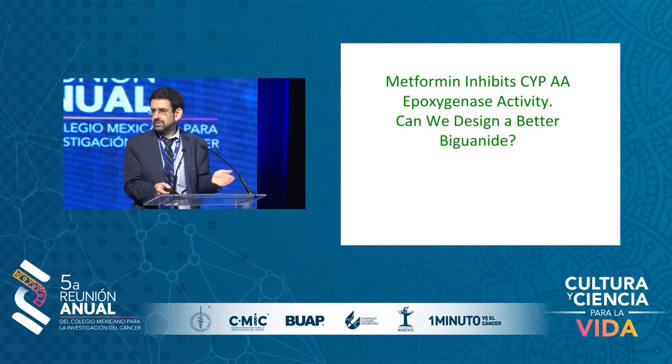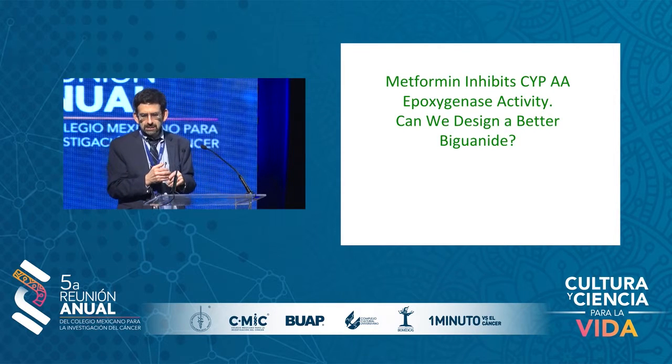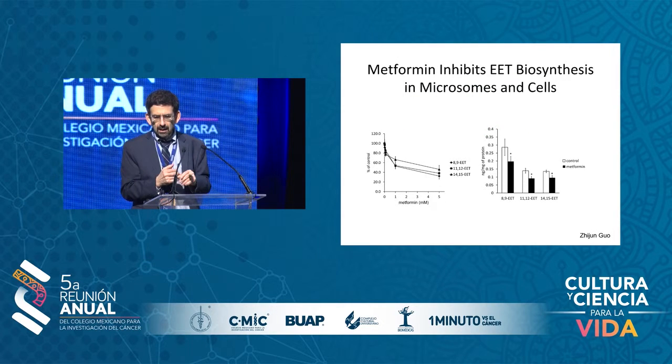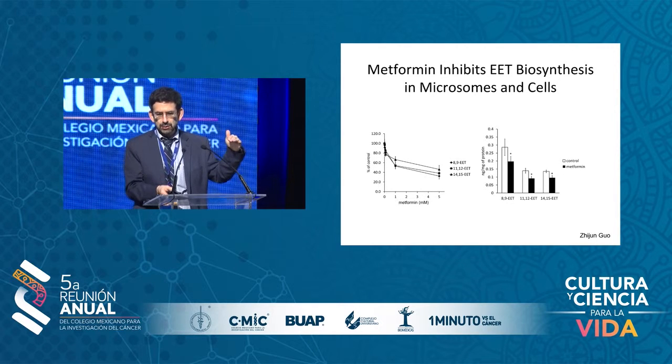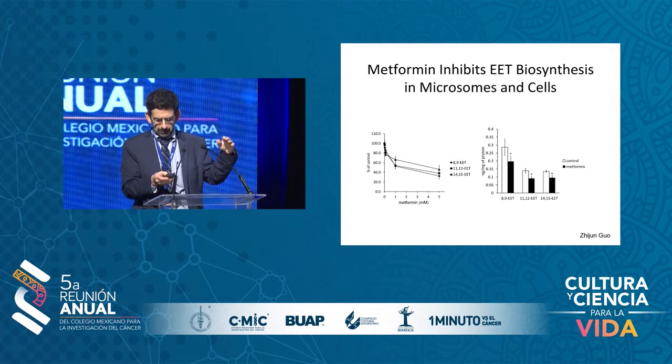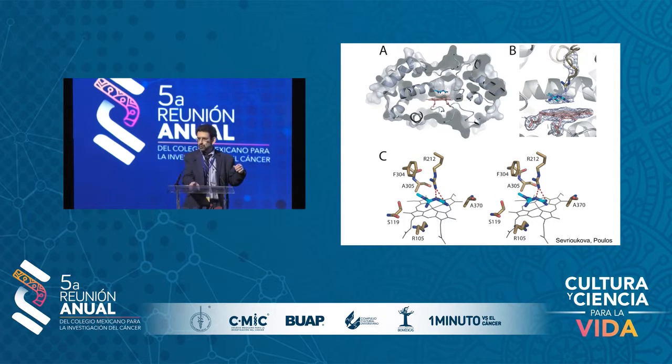And so what we found is that metformin inhibits the arachidonic acid epoxygenase activity of CYP3A4, and then can we design a better biguanide? And so this is looking at the synthesis of EETs by metformin, and as expected, the metformin has an IC50 in roughly the 5 millimolar range, and if you add metformin to breast cancer cells, EET levels are diminished. And so, this shows the